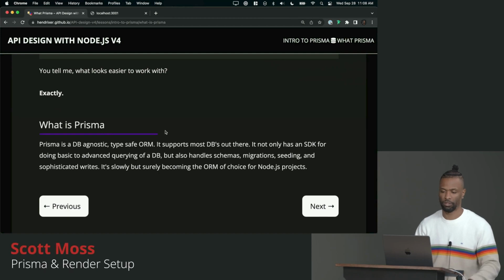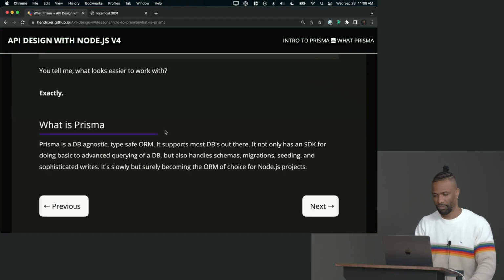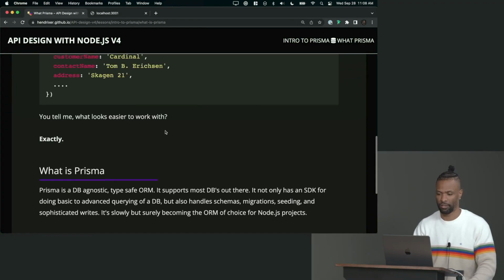So what is the ORM that we're going to use? We're going to use something called Prisma. So Prisma is a database agnostic, type safe ORM. What does type safe mean? It basically means that this